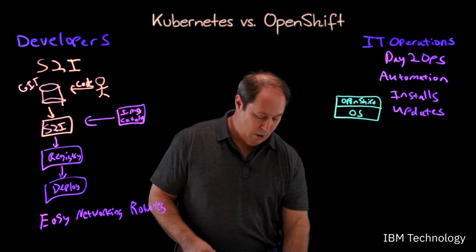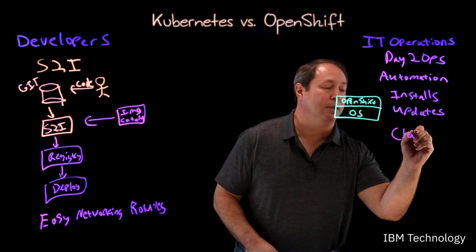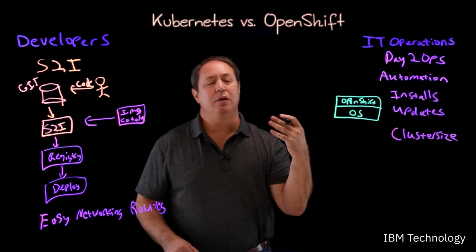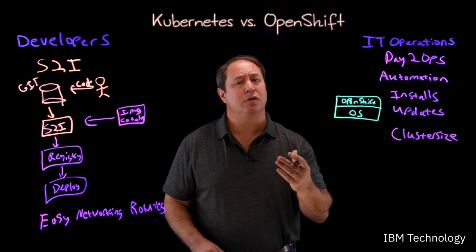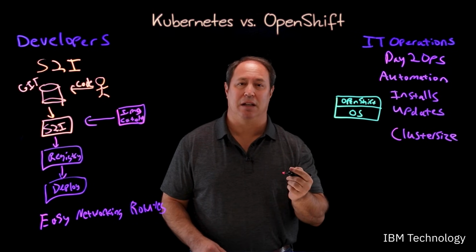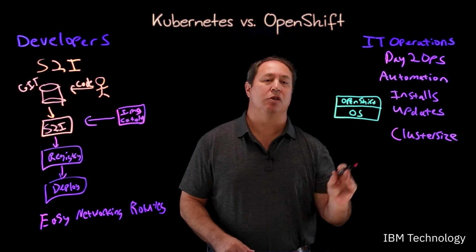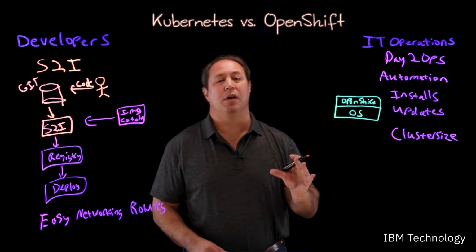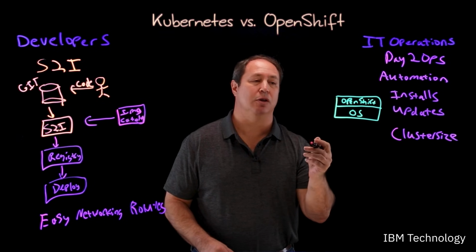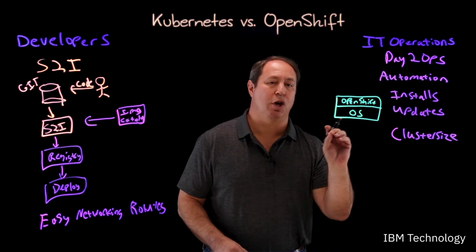Another place where OpenShift provides automation is in cluster size. In vanilla Kubernetes, if your cluster is not big enough, it's really hard to increase the size of the cluster. But in OpenShift, it's able to do this automatically for you. So this is a huge benefit if you have scalability issues and you don't have enough nodes in your cluster. Having this taken care of by OpenShift is going to be a huge help to your